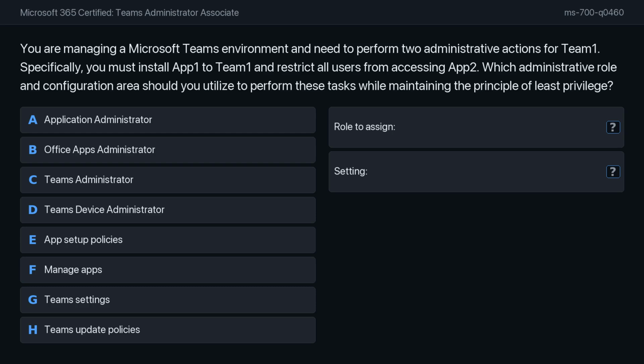You are tasked with managing a Microsoft Teams environment where you need to perform two administrative actions for Team 1. First, you must install App 1 to Team 1. Second, you must restrict all users from accessing App 2. You need to identify the correct administrative role and configuration area to perform these tasks while maintaining the principle of